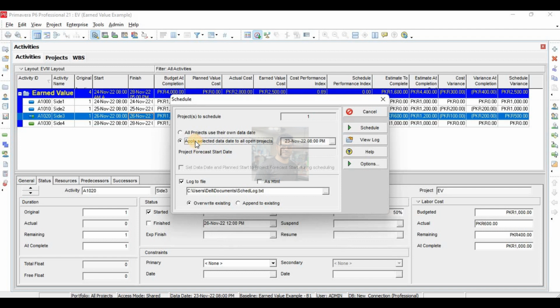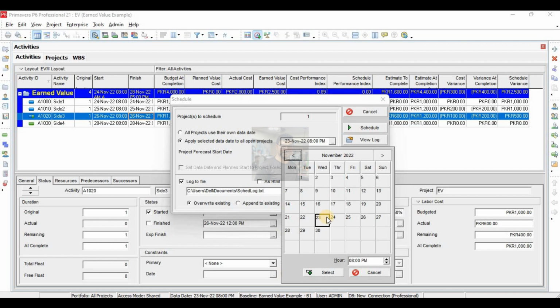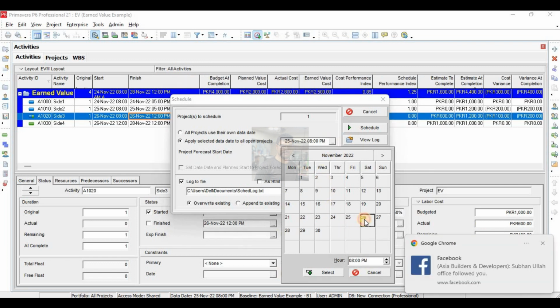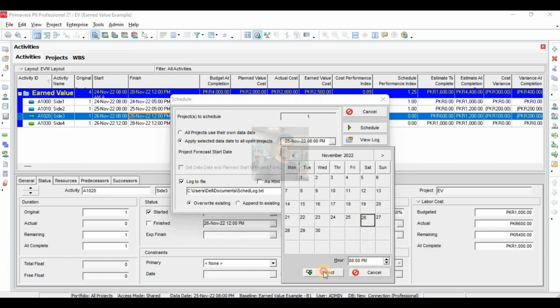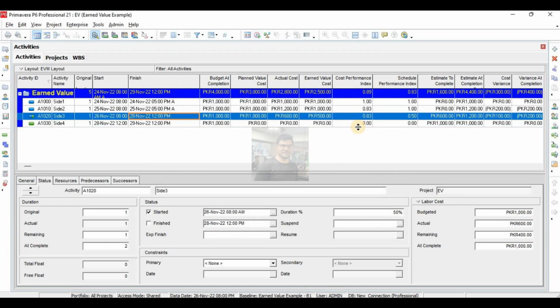Now I will update my project. It is end of day 3, which means that 3 days work has passed. You have to update it on 26th of November. Now it is giving us correct values.